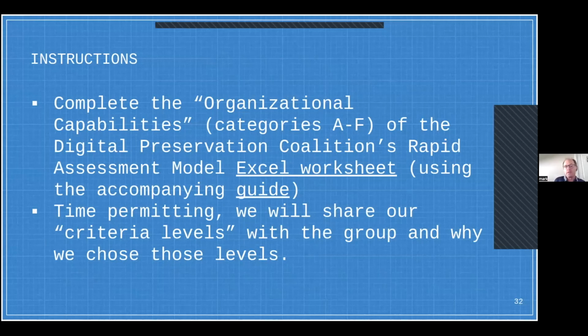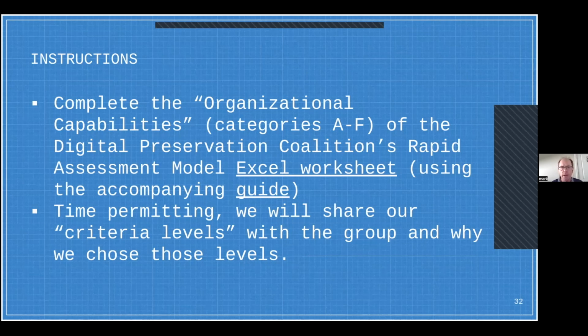what I wanted you to do, and to reinforce the idea that I've been promulgating here, is that Islandora is not a comprehensive A to Z, soup to nuts preservation solution. It is really a set of functionalities that enable us to undertake digital preservation. The aim is to shift the focus from Islandora to your organization. And again, I don't think we have time to do this as a group, and I respect other people's time here, but